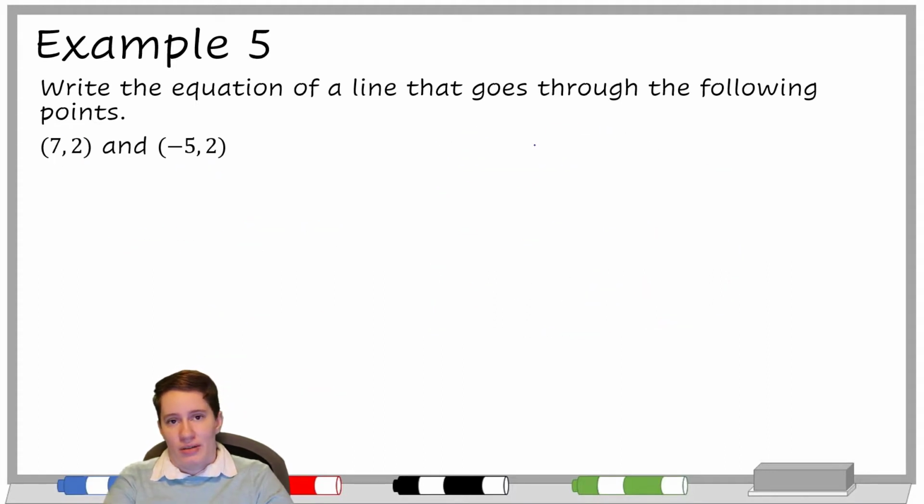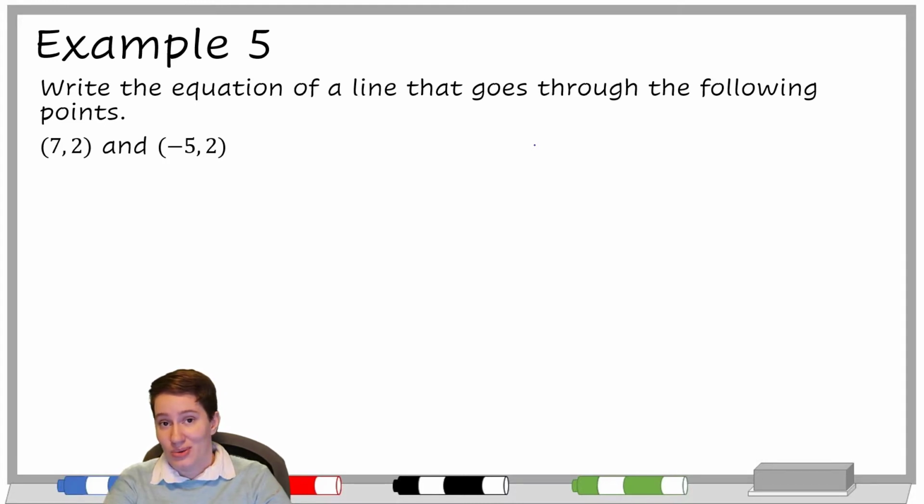All right, remember we're on the lookout for repeated x or repeated y. So 7 and -5, not repeated. 2 and 2 is repeated. So this time our y value is the same. So that trick we used earlier where the x values were the same, so it was x equals, we're going to use here. The y value is the same. So this has to be y equals 2